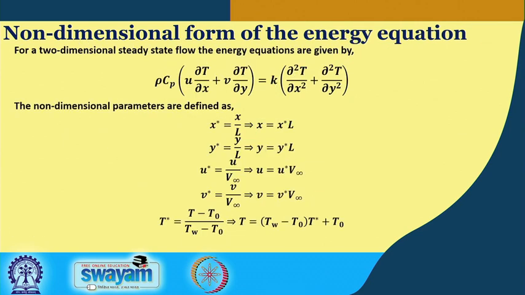Now we come to the energy balance equation. In the energy balance equation, again we are taking the same two dimensional steady state flow, and here we again find, understand this, that because energy is given in terms of temperature, which is a scalar, we shall be having only one equation, unlike the case of the momentum equation. So continuity and energy will be only one equation each, but momentum will be three equations, okay, because velocity has